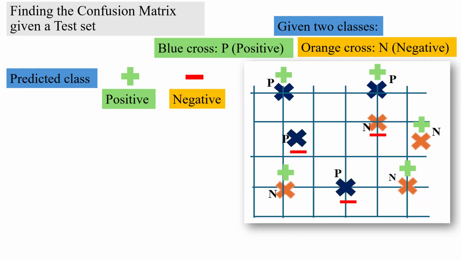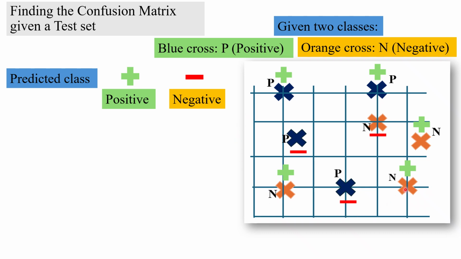Okay. So finding the confusion matrix given a test set. See, first thing, when we are evaluating model performance, it is on the test set or the set which was not used during training. Okay, that has to be very clear. Evaluating model performance is always on a data set which was not given to the model during training. So let us go through our